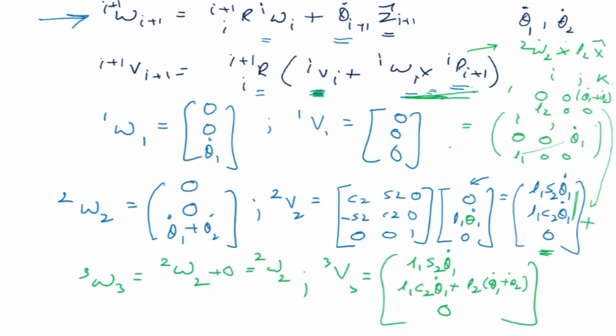Okay, so this is how we see that there is a propagation of velocity from one link to another link, and it's the angular velocities which are moving and the linear velocities which are also moving. So in this rotating system, what we see is that the velocities propagate from one link to another link. Okay, so in the question of dynamics, basically we need to see, okay, so today we looked at velocity propagation from one link to another link, and subsequently we'll be looking at acceleration propagation. We have already seen force propagation from the end effector to the base link in terms of the Jacobian. Now after this we'll have to talk about the inertia matrix.